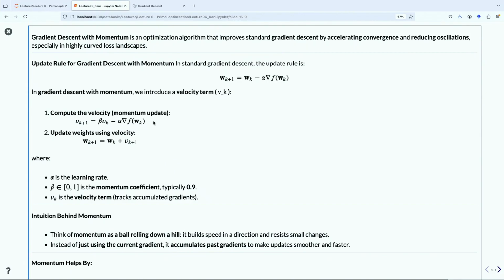So you have this progressive term that's adding the effects of all the previous gradients to your new gradient. And I think that's part of the reason why this works so well, is that you're accumulating the effects of all the